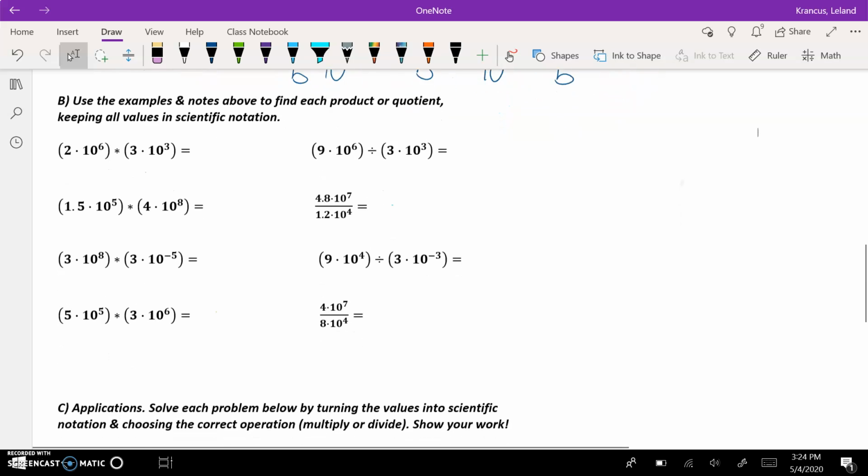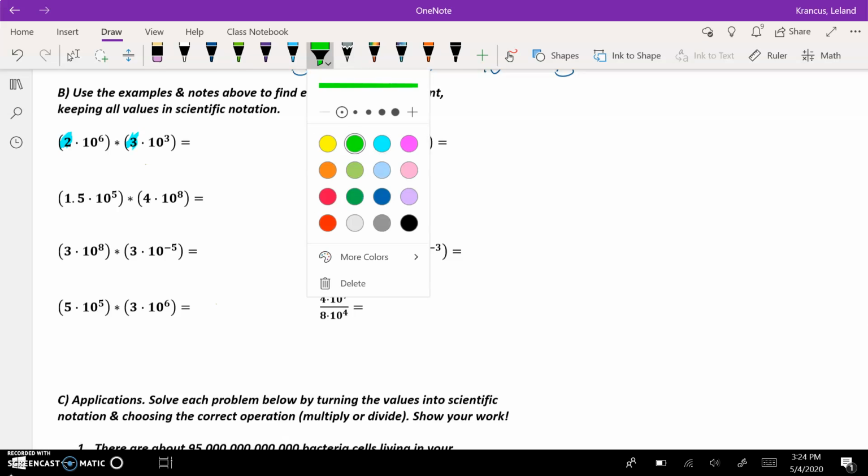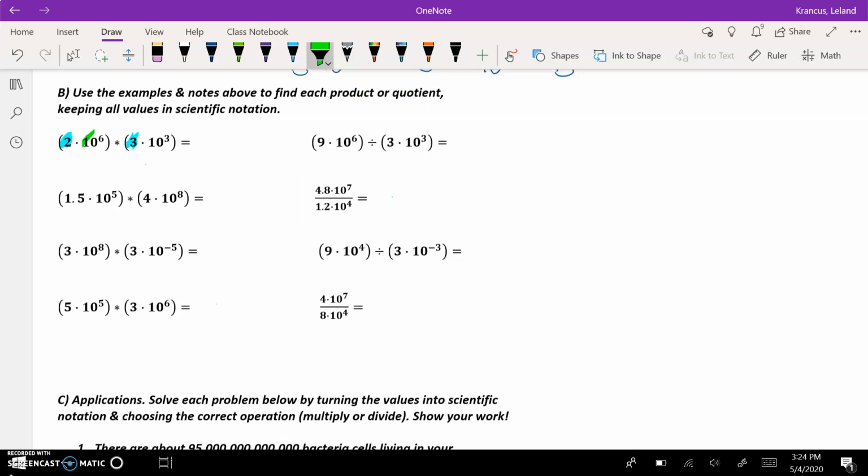So try using these shortcuts on the examples shown, and sometimes I find it really helpful to sort of color code the things that I'm multiplying. A lot of times what I'll do is I'll say, okay, I'm going to multiply these two together, my values, separately from their magnitudes. I'm going to multiply those two together using that shortcut rule. So for example, 2 times 3 gives me 6, and then my power of 10